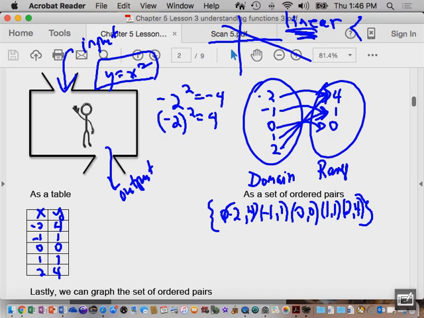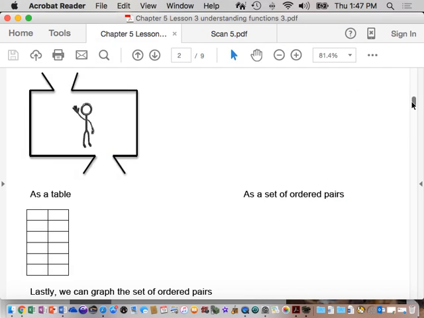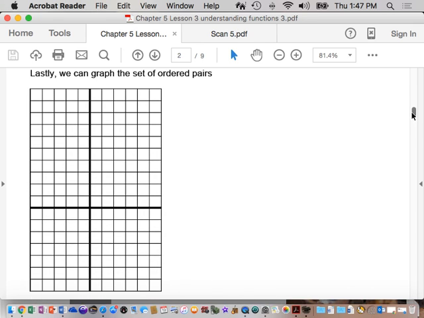Now, all of those are ways to represent functions. We have ordered pairs, we have a picture, we have a table. There's one more way to do it. And that cool thing to do is graphing. And when I graph this guy, it's going to look like this. I'm actually going to go out to -3 this time, just to help it out. 2, 4, 8,